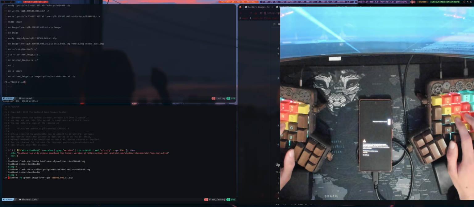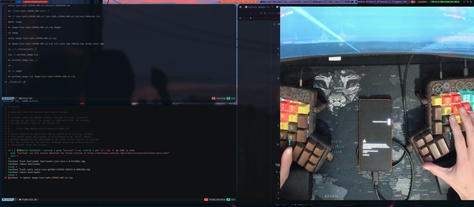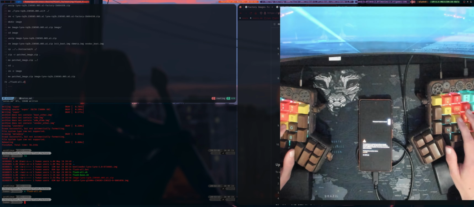Huh, I guess it rebooted by itself. Interesting. Okay. Well, anyway, we need to do it again so that it flashes to part A. So I needed to turn off